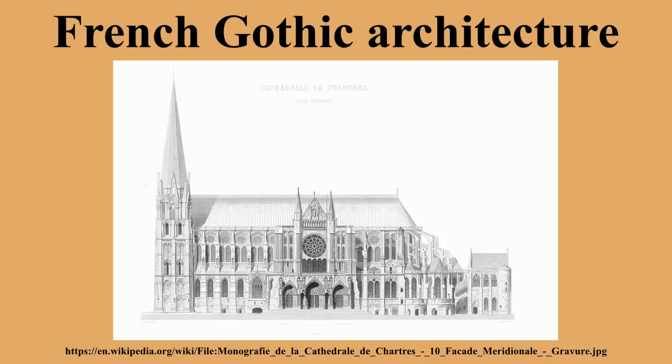French Gothic architecture is a style of architecture prevalent in France from 1140 until about 1500. Sequence of Gothic styles, France. The designations of styles in French Gothic architecture are as follows: Early Gothic, High Gothic, Rayonnant, Late Gothic, a flamboyant